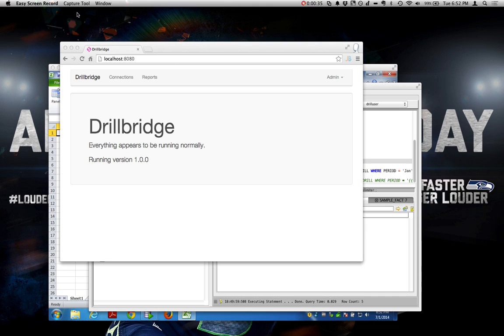In this case, the Drillbridge software is implemented in Java, and as such, it can connect to anything that Java can connect to, primarily and typically through the JDBC connectivity options, which means we can very easily connect to Microsoft SQL Server, Oracle, MySQL, or whatever else, as long as we can come up with some sort of mapping to go from the members, the member data in the cube to the relational table. So this is kind of a turnkey solution that we can drop in, and in the demo I'm going to show in a moment,